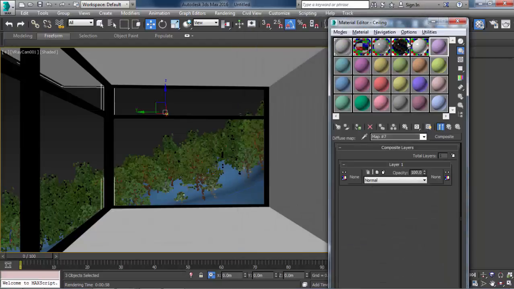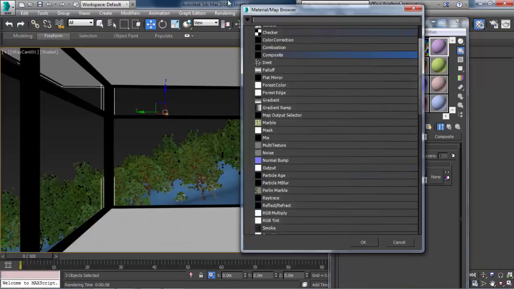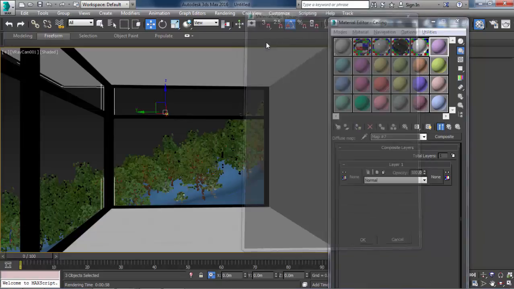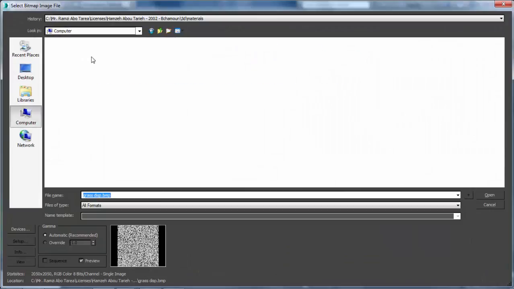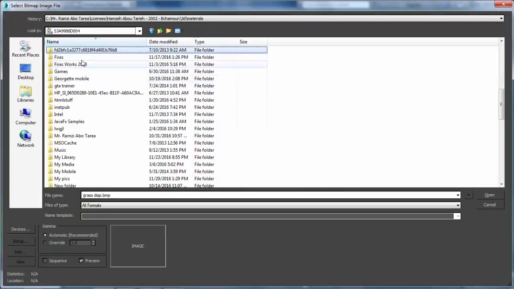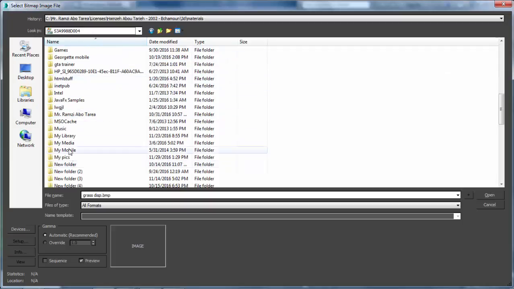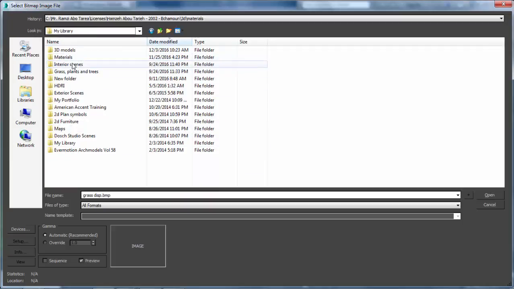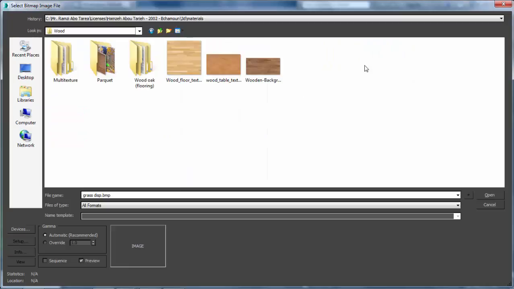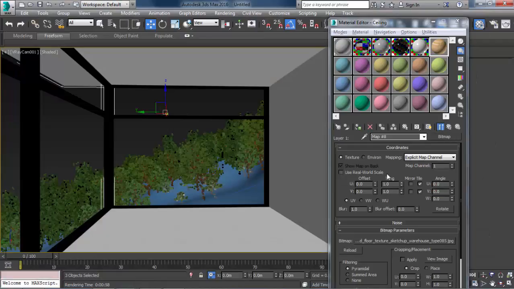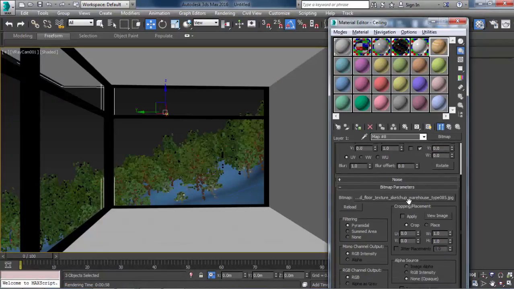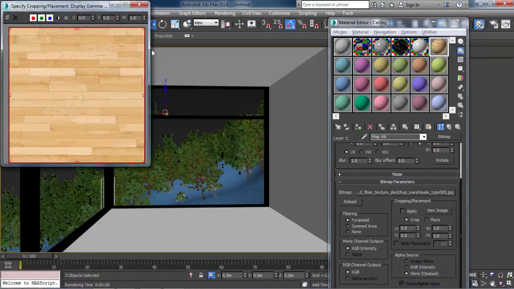Now you'll see why I used the composite. In the first layer I will add a bitmap. Yeah. I'll use this material. I will upload it in the description. So this is what we have for now.